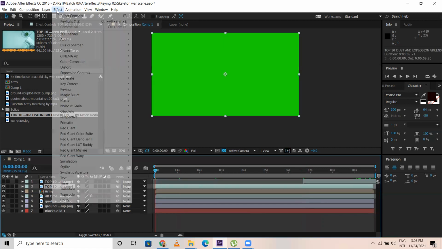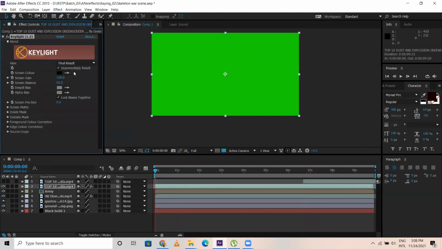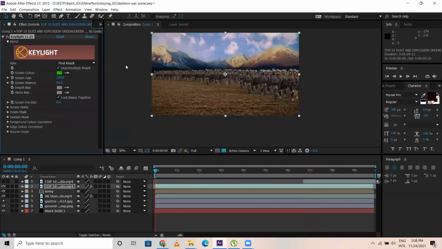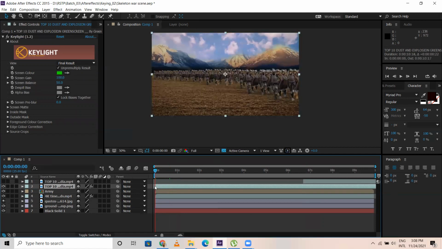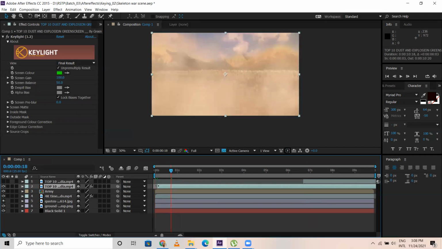So what I do, I'll go to effect, key light. The last one which we have taken will appear here. Okay, now if you see, so now just look. In the first shot only, the dust is like this.